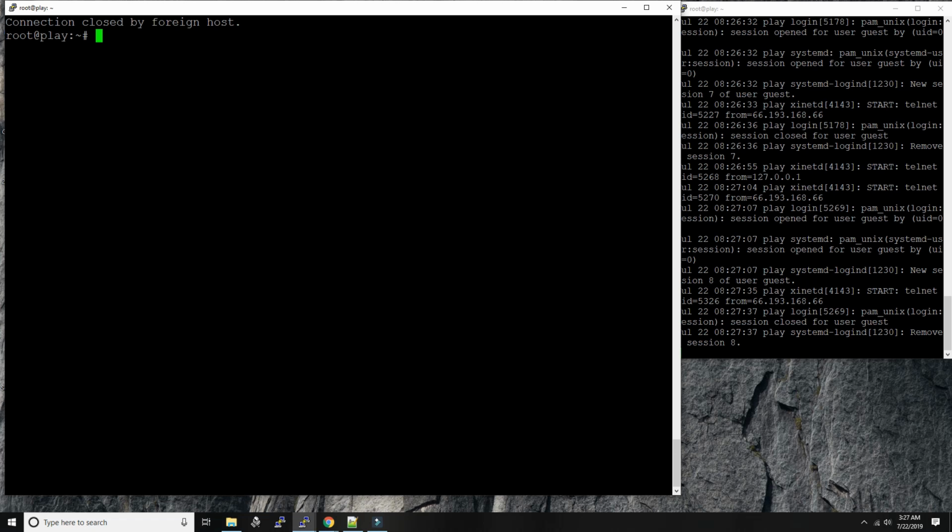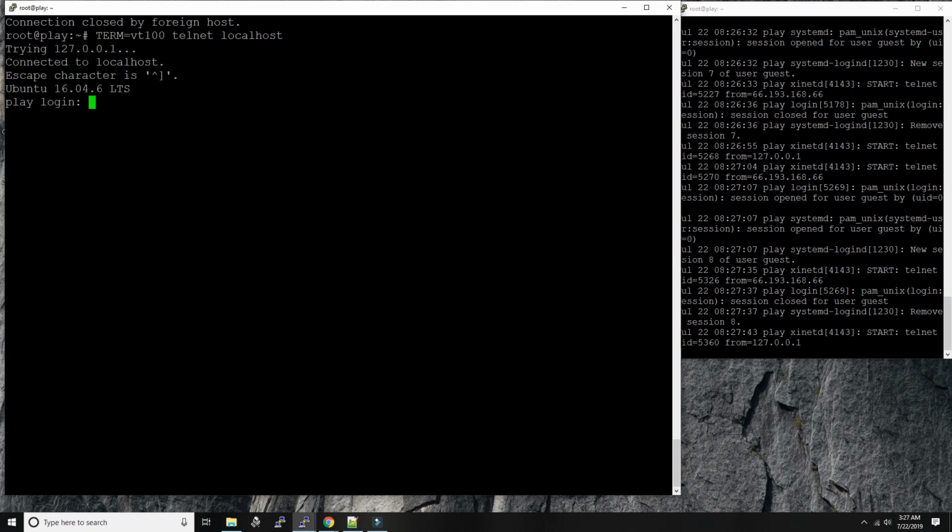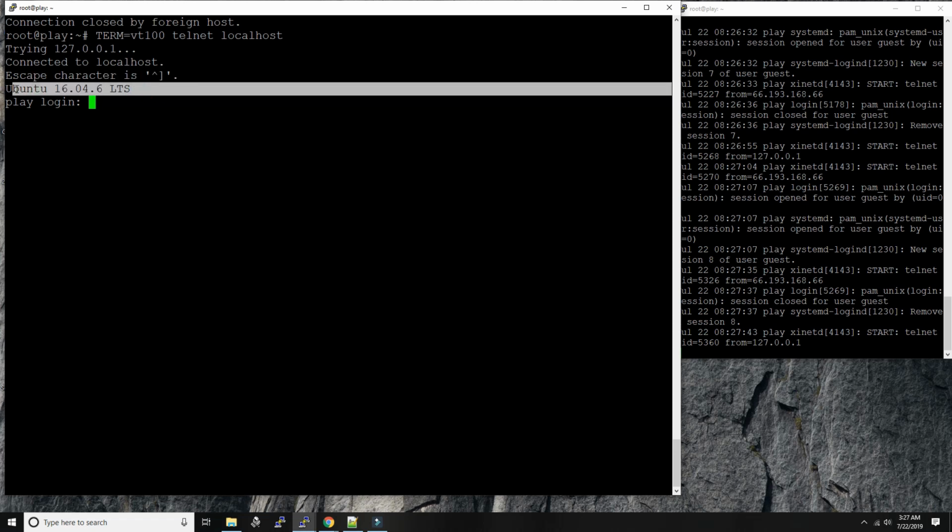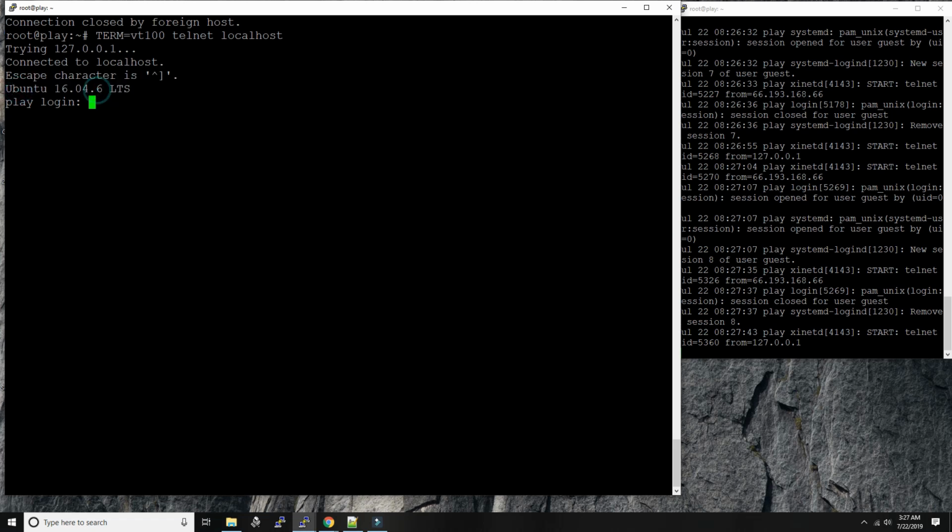Now a few more things. As you can see here, when I do a telnet, it shows the version of the operating system. That's not good. It gives too many hints to the hackers, even though of course they can use nmap to still find out what operating system it is, but I want to disable that. How do we do that? We change this